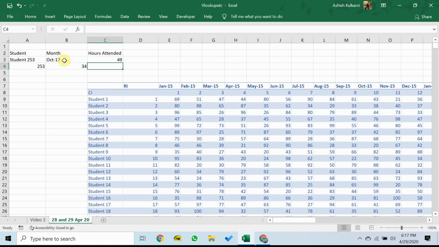Now, checking this is a little difficult given how big our table is. So let's deliberately work with this example. If I do it correctly, I should get the number 29 over here when I change this to student 2 and I change this to August 15.